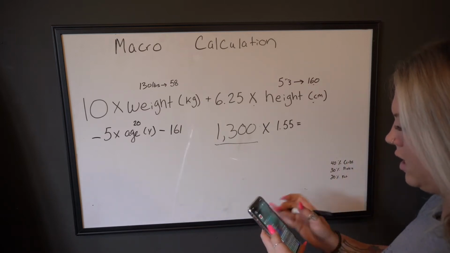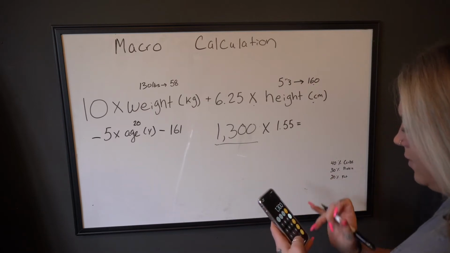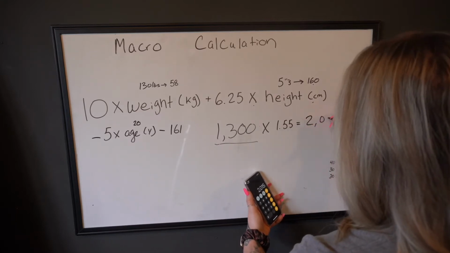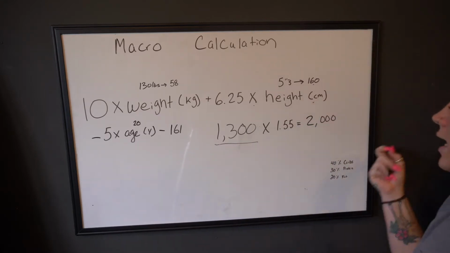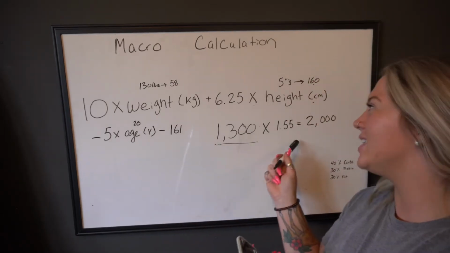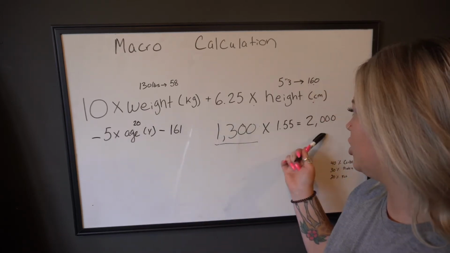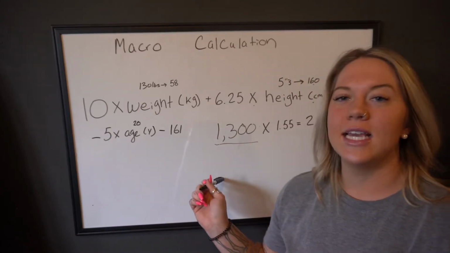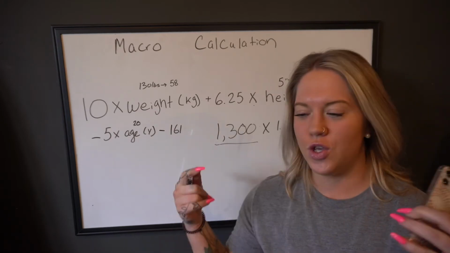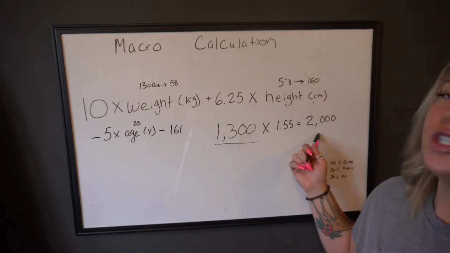Let me pull up my calculator here. So 1,300 times 1.55. So now we have 2,000 calories. And now you're probably thinking, wait, I have to eat 2,000 calories? That's a lot of food. And yes, it is. Now, if you wanted to not make any changes in your body, so basically you're just eating food to have ultimate energy, I guess you could say,